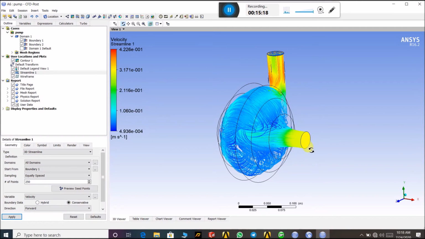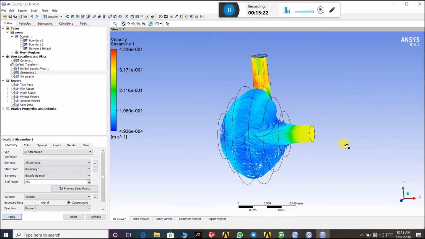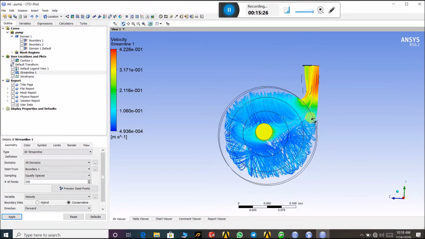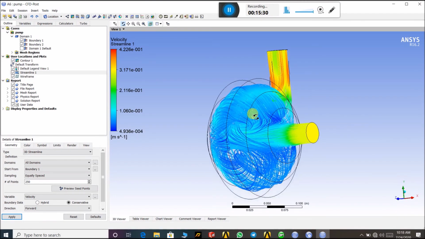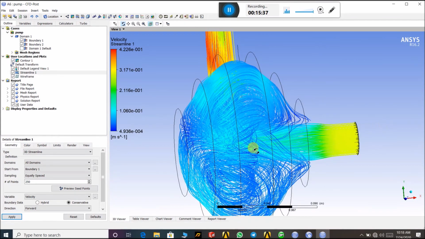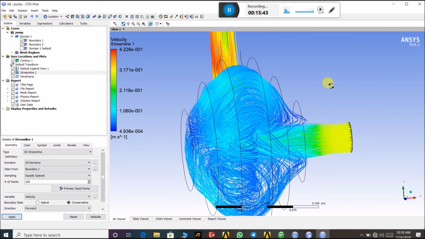You can see it here, the 250 streamline means 250 water bubbles enter from here, and then it's an outlet from here, so the streamline is moving. The 250 water bubbles go this way and that way, then exit from here.